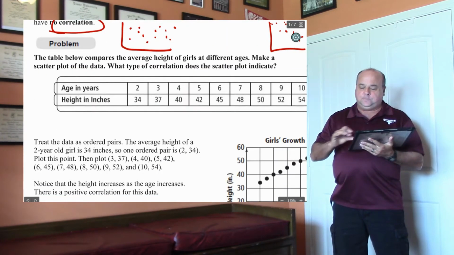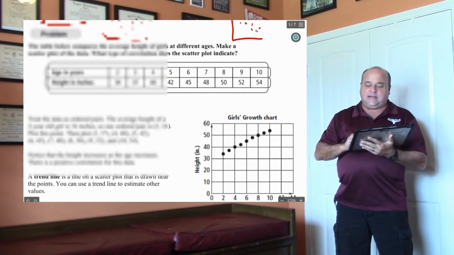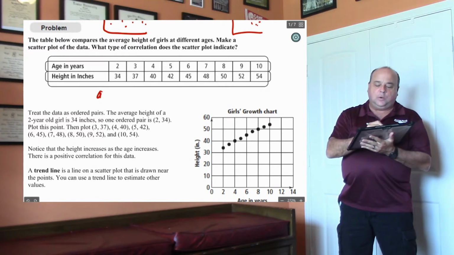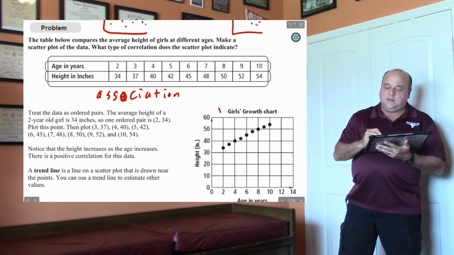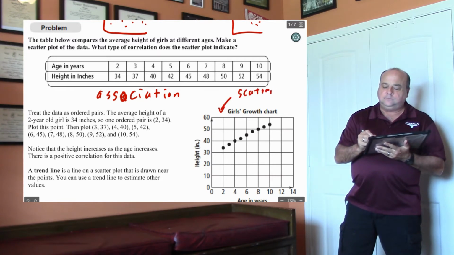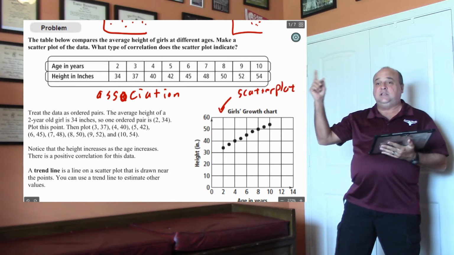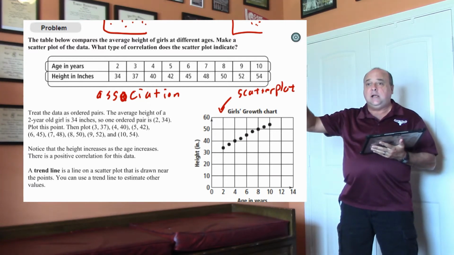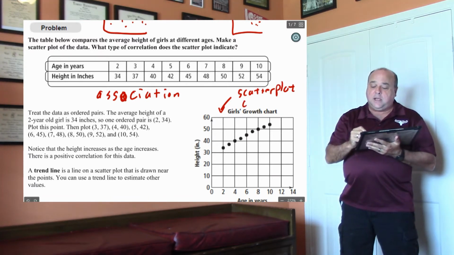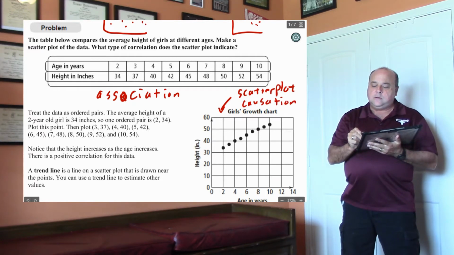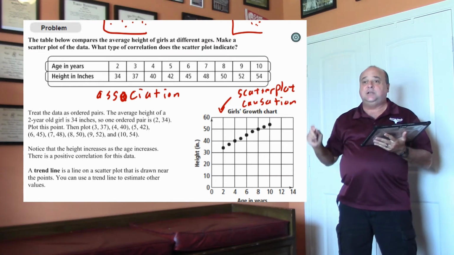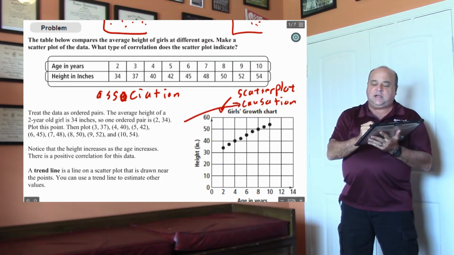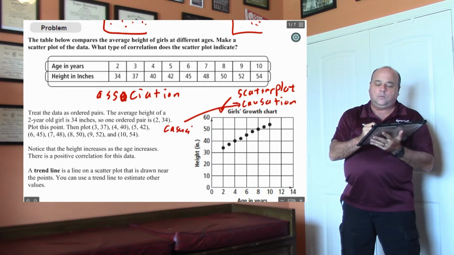Now then, let's go down to here. Notice this is a table of values. This table of values would be called an association, right? So a table of values is called an association. This would be the scatter plot, right? Notice that this forms a trend line going up, right? Since it forms a trend line going up, it is a causation. That means that the height impacts the age in years. That causation can also be called a causal relationship,